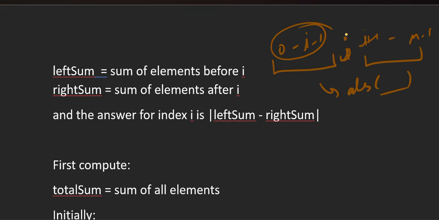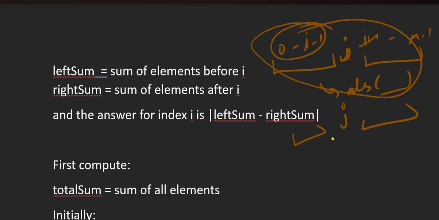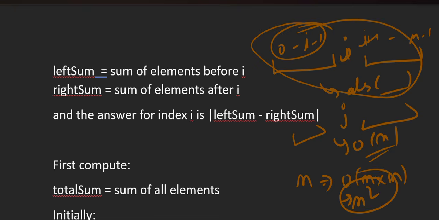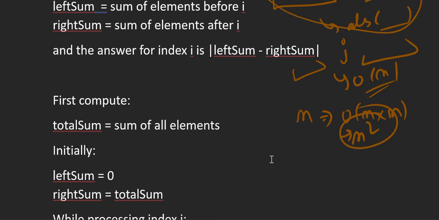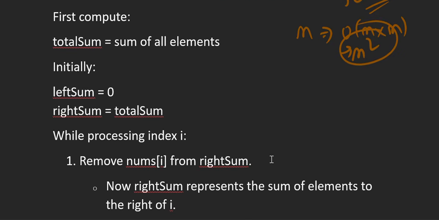So what is the time complexity of this brute force approach? For every index I we have to calculate left sum and right sum individually. So it will take O of n time in calculating the sum, and in total we have n elements, and for each element we will be taking O of n time. So for n elements it will be O of n into n, that is n square, right? Though it will work as per the constraints, let's see how we can optimize it further from O of n square to O of n, right?